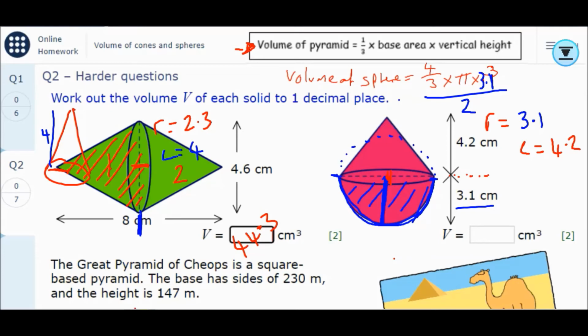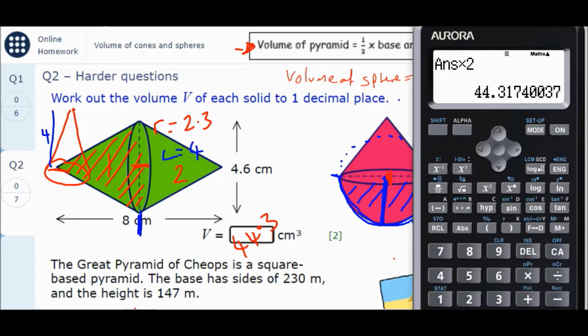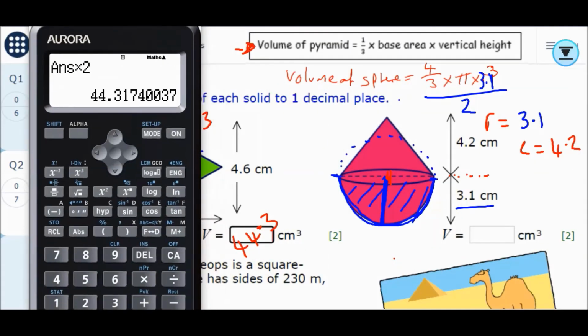And if I want my cone, I'm going to use the top section, which is going to be the same formula as we've done before. So 1/3 multiplied by the base area, which if you remember was pi, times the radius, which we've found out is 3.1. 3.1 squared, that's my base area, and my overall height or my length is going to be 4.2. So my cone is